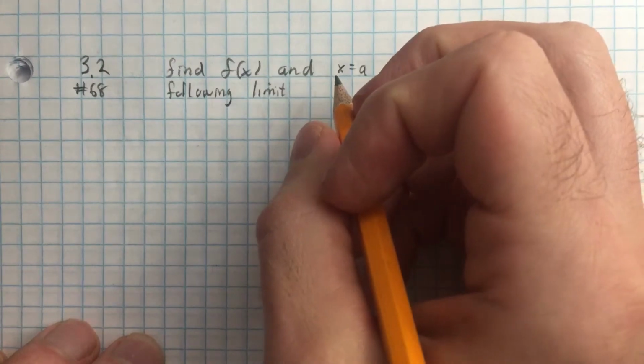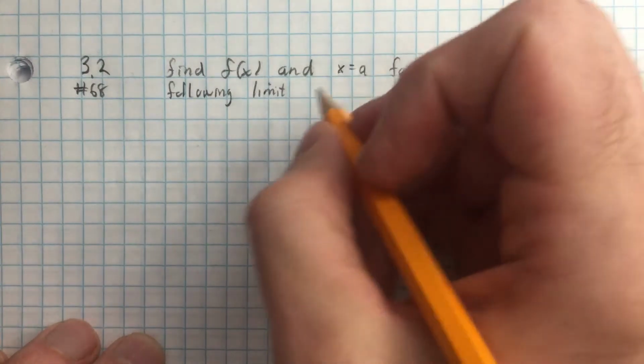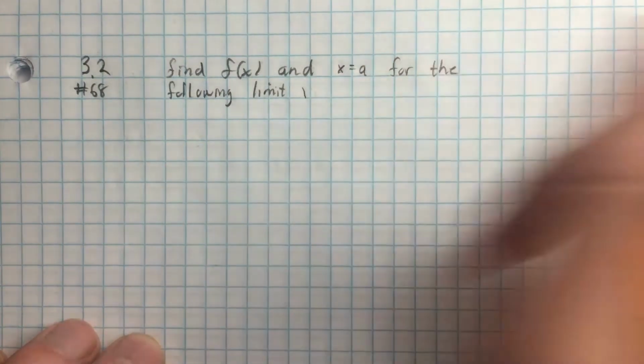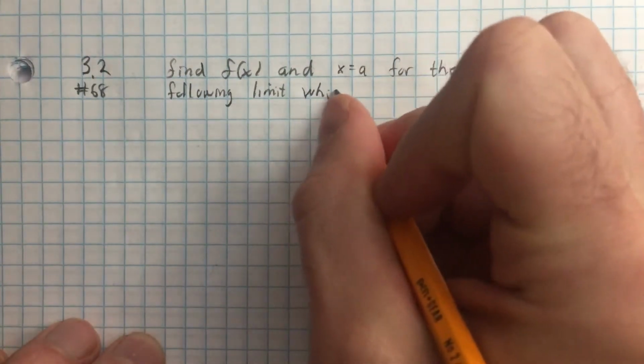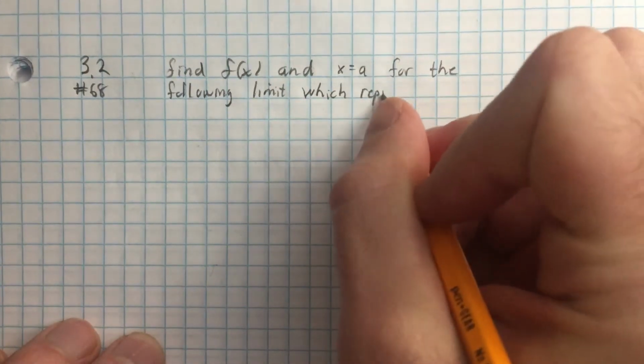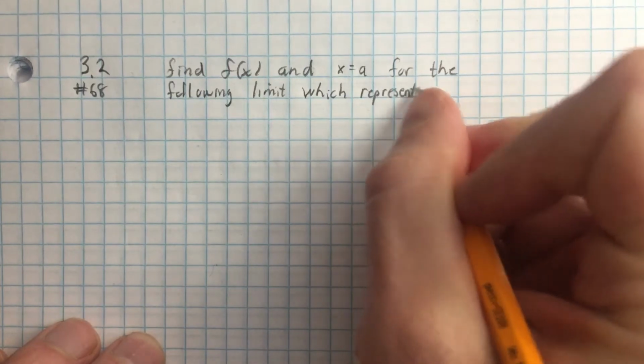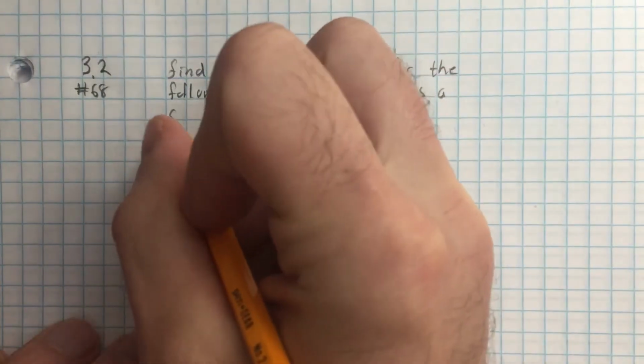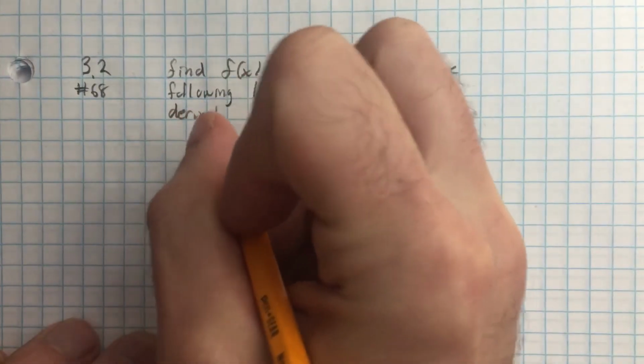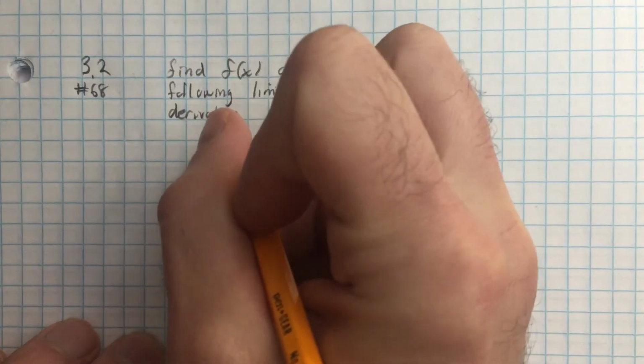And that limit is known to be a derivative, which represents a derivative. And the one in 68 specifically